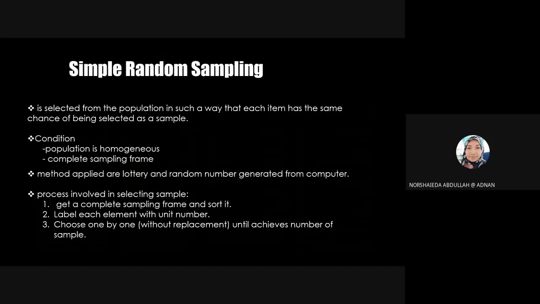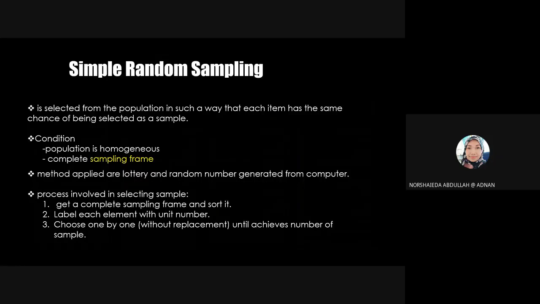So the first method tadi simple random sampling. So simple random sampling, kalau kita nak guna this method, condition dia population tu mesti homogeneous ataupun dia ada same character, and then kita mesti ada a complete sampling frame. Okay, a complete sampling frame. So sampling frame ni is a list of the population. List of the population is the sampling frame. So kita mesti ada a complete sampling frame, baru kita boleh